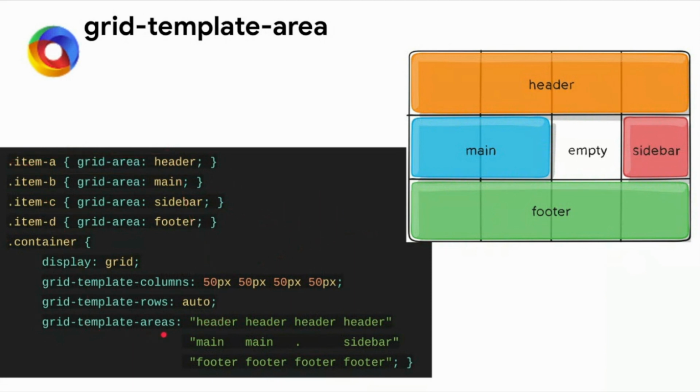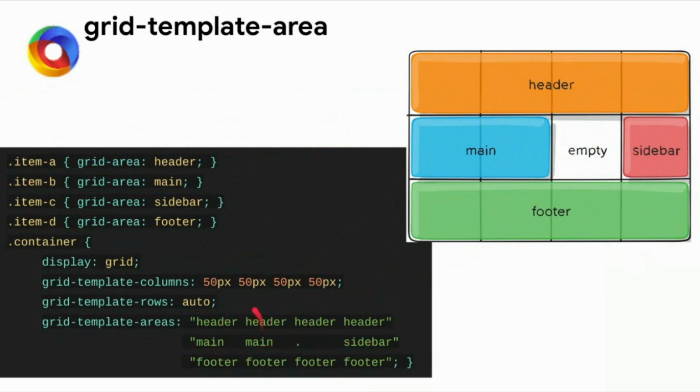So here in grid template areas, suppose I have created 12 columns. The first row would be header. I put all the names as header. So what exactly will it do? The first element would be of type item A. Sorry, the second one would be item A, the third one would be item A. So item A would take the place of the whole of this. Like that you can put names accordingly in the rows and columns, however we want.